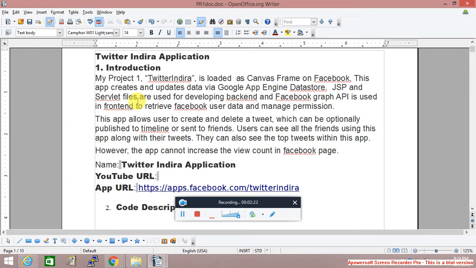I have one more tab called Friends. In this tab, the user can see all the friends using this application, and he can also see the tweets related to all the friends. And I have a third page called Top Tweets. This will populate the top tweets of this application. Let's suppose this Twitter application has 100 tweets, it would check the count of each tweet. If that tweet is viewed by many,